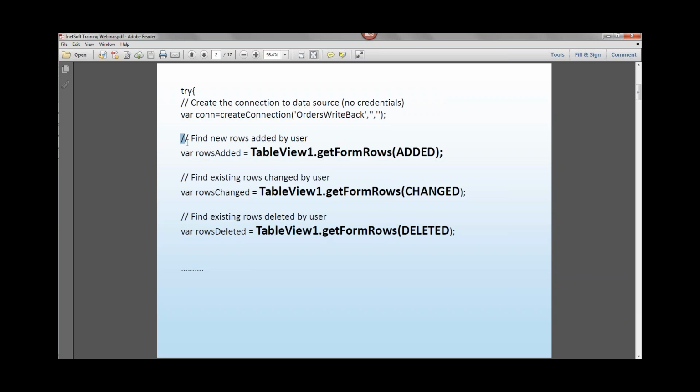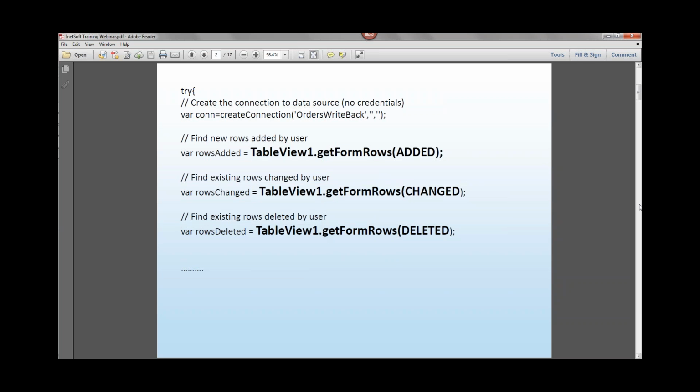Now we understand that because we looked at an example. It's really just one function, get form rows, but you can access the function 3 different ways to get a 2-dimensional array of the added rows, the changed rows, and the deleted rows. So this will always be prominent in any script that you write for this purpose. But like I said, we're only going to commit the changed rows back. So really, we only need this middle line for this particular script.